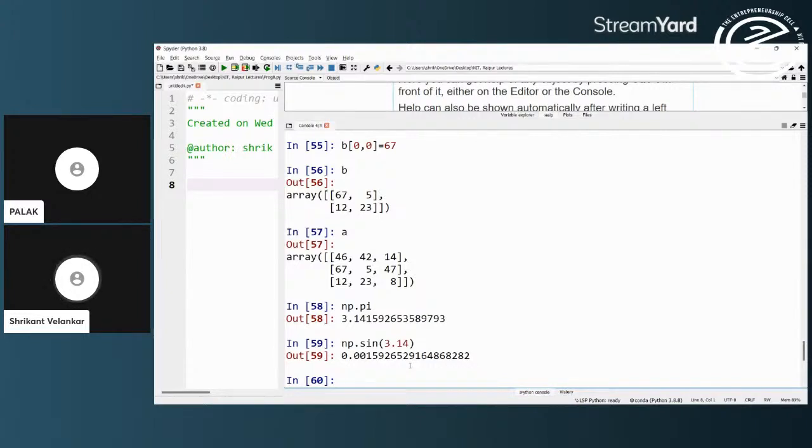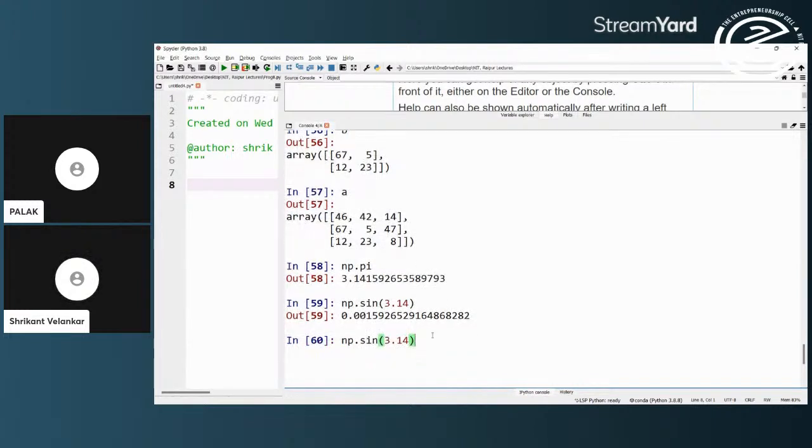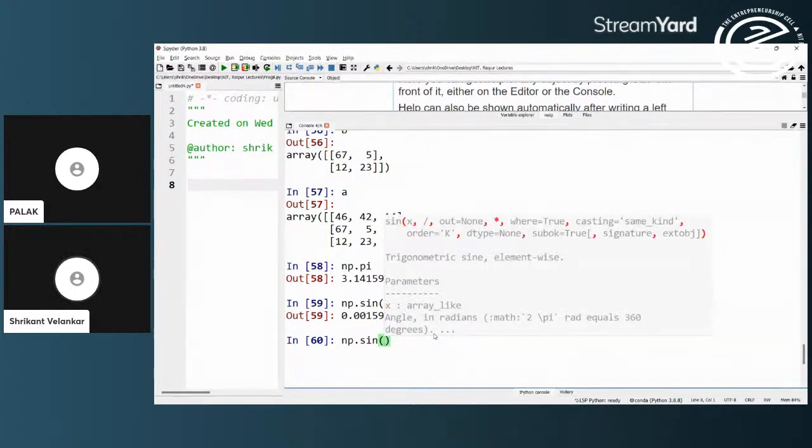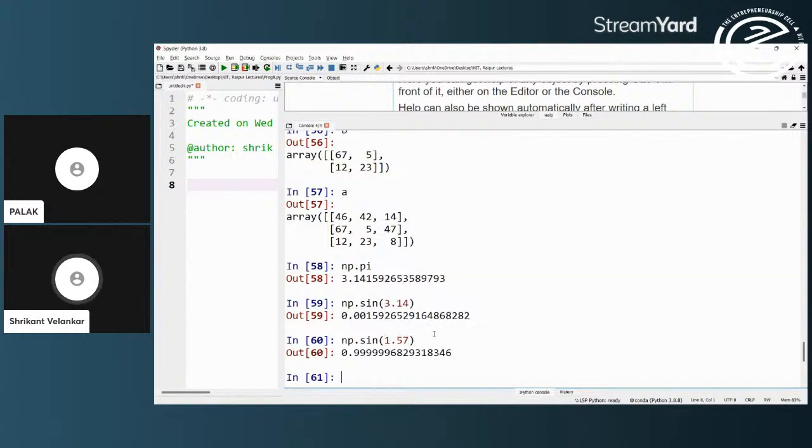And of course, if I take 90 degrees, which is nearly pi by 2, which is exactly half of it, so it is 1.57, it will be a value very near to 1.